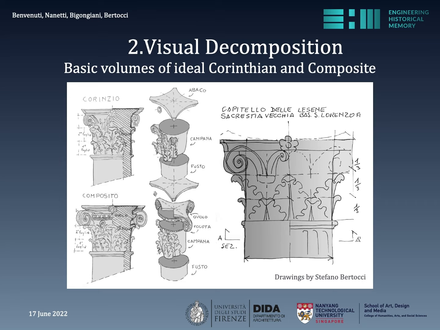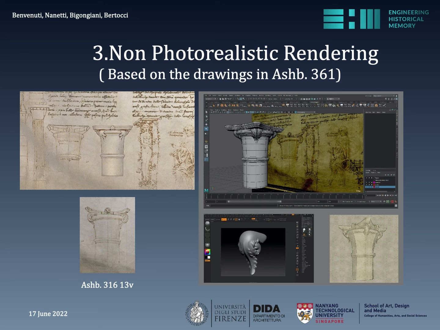These proportions can be found in the description of the ideal Corinthian order in the text, associating the proportions of a human head with the different elements. This image reveals a non-photorealistic rendering based on the drawing in the ASHB.361. The capital is modeled in Maya and ZBrush and rendered non-photorealistically to mimic the manuscript drawings with a rendering